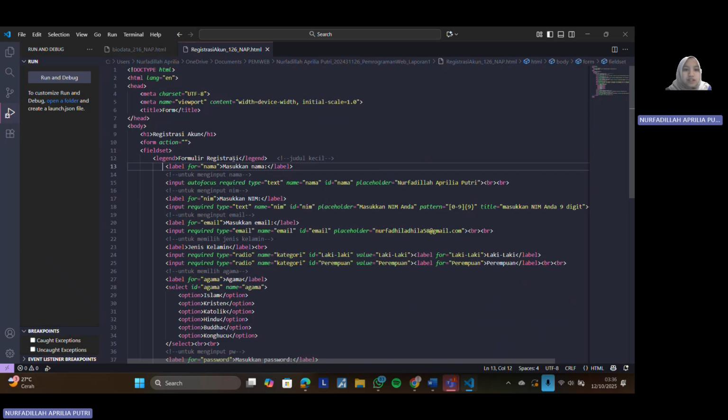So the title is formulir registrasi. Okay, inside the form we use a label and input for the user data. So we input nama, NIM, email, jenis kelamin, agama.